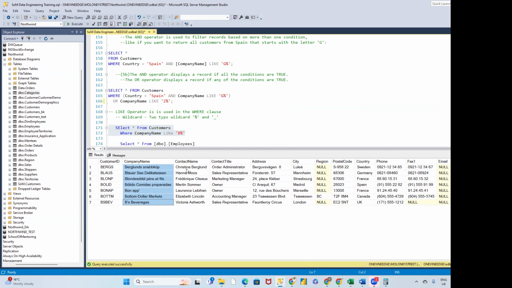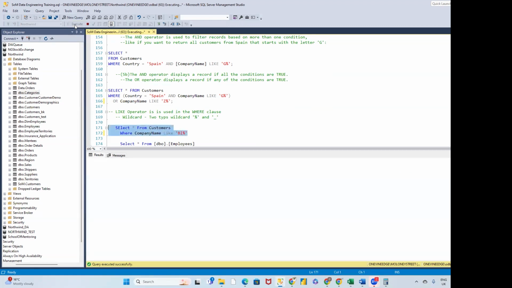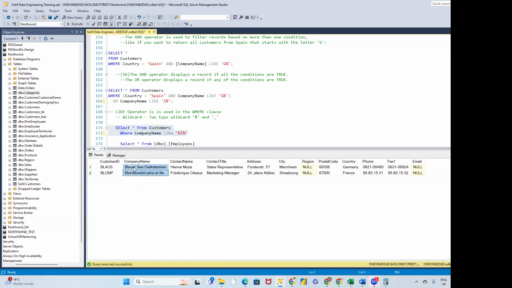But if I want to dig a little further down, I can say, let's use BOE, for example, and it's going to return this one, and that's all. You can see it only returns that. If I say BL, it should return two. Yes, it should return two. And when I say just B,